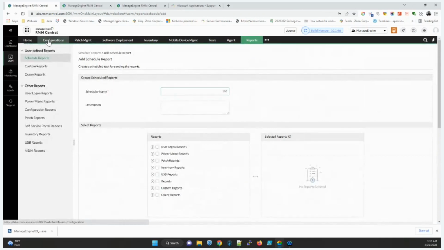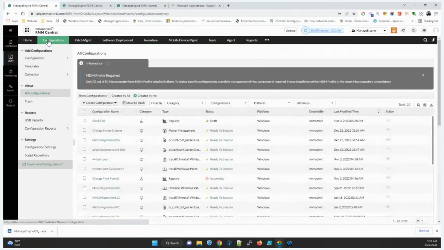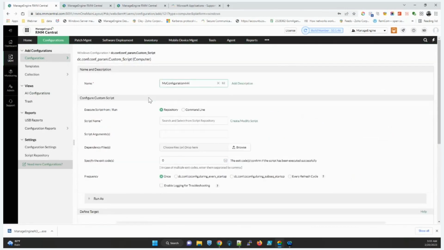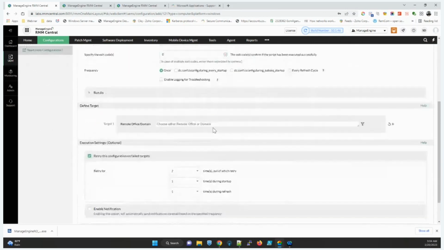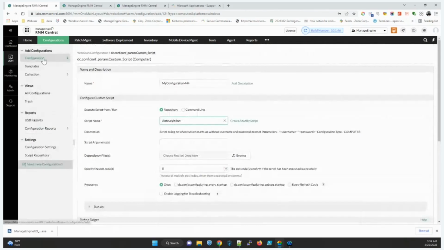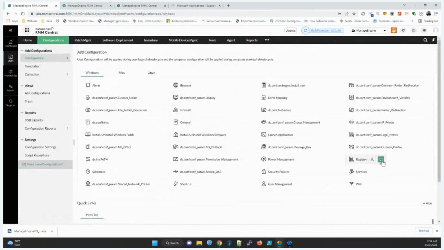So the next module will be the configuration. This configuration will give granular control to your Windows, Mac, or Linux endpoint. So let's say you're deploying any scripts to your endpoint, you can write your own script and have the script uploaded here, and you can choose your targets and push the script centrally from here. Similarly, in case you want to do any registry modification,